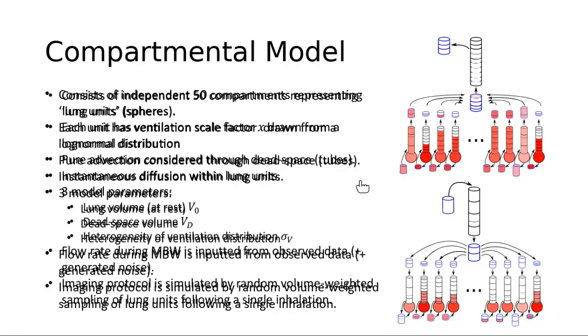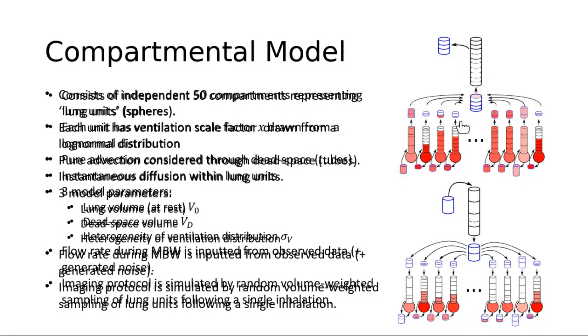Okay, well, the model I've been using to study this data, the multiple breath washout data I mentioned before, is a simple compartmental model, as I discussed before. So it's essentially a 50 compartment model. It breaks the lung up into 50 different regions, which all have some rate of ventilation, and then you simulate